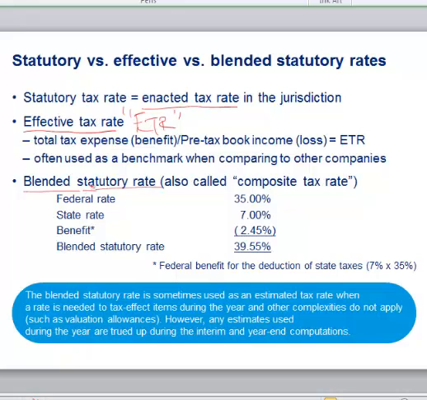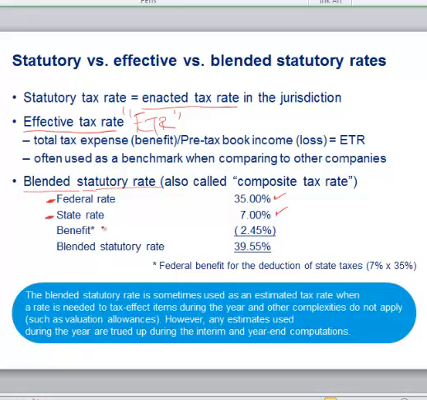So this is pretty easy, but when you take a U.S. company, a U.S. company is subject not only to federal taxes, but also to state taxes. So if somebody wanted to say, oh, well, I've got $1 of income, what's my incremental tax rate? It's really the combination of federal and state taxes, right? So if you have $1 of income, both jurisdictions are going to tax it. So if we added up our incremental federal rate, and in this example our incremental state rate is 7%,